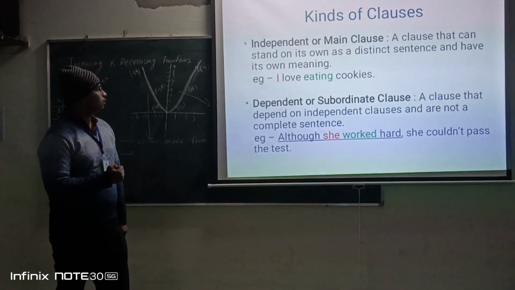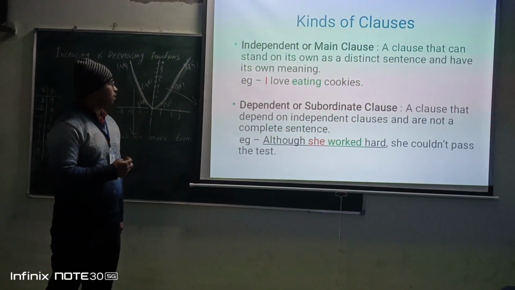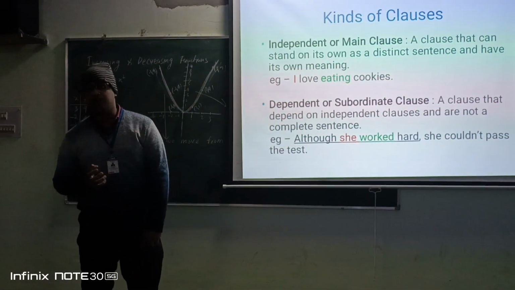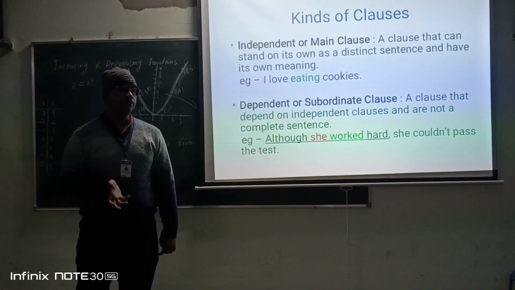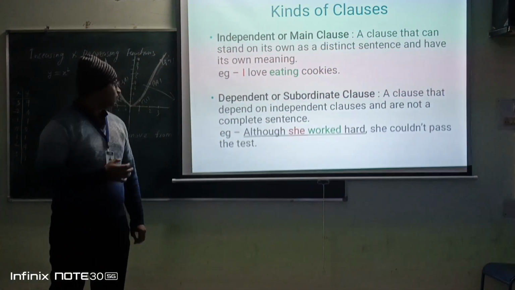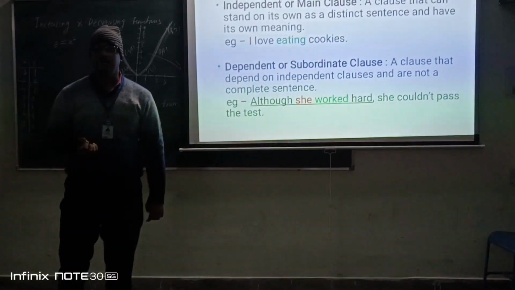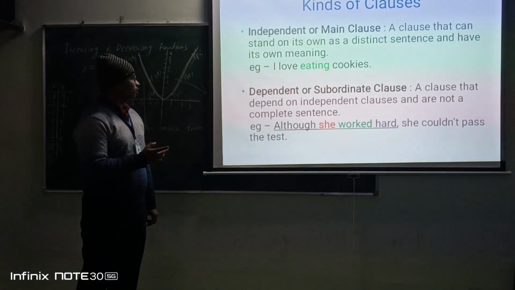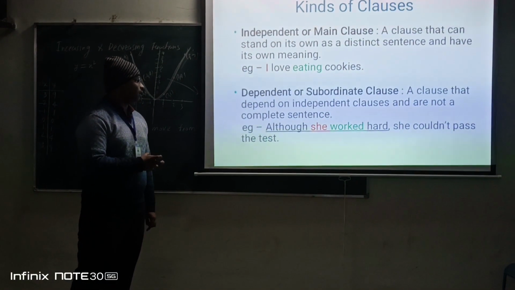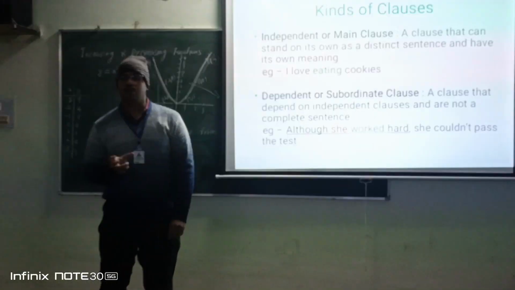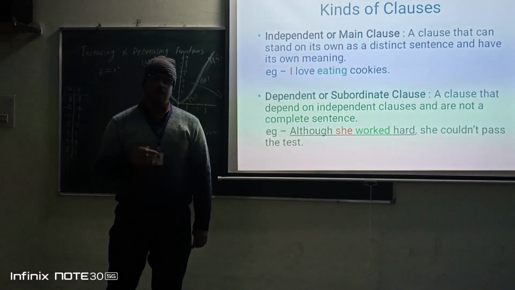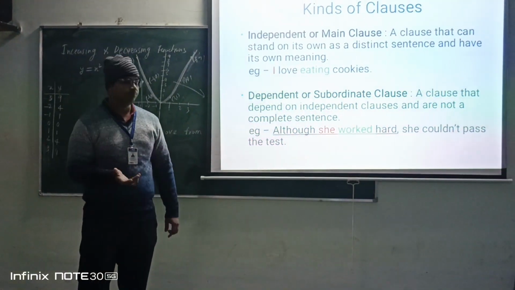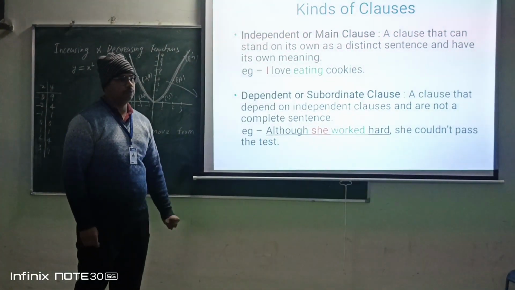अब दूसरा जो है डिपेंडेंट और सबऑर्डिनेट क्लॉज, a clause that depends on the independent clause and is not a complete sentence। अब डिपेंडेंट क्लॉज वो क्लॉज होते हैं जो अपना मीनिंग कन्वे ना कर पाए, और इंडिपेंडेंट क्लॉज पे थोड़ा निर्भर करे कि मीनिंग उस सेंटेंस का क्या है। एग्जांपल के लिए हम लोग दे सकते हैं, although she worked hard, she couldn't pass the test. Although she worked hard, अगर कोई आपको बोले जाके कि although she worked hard, तो आप आगे क्वेश्चन पूछेंगे तो आगे क्या, यानी पूरा मीनिंग कन्वे नहीं कर पा रहा, तो इसको डिपेंडेंट या सबऑर्डिनेट क्लॉज कहेंगे।